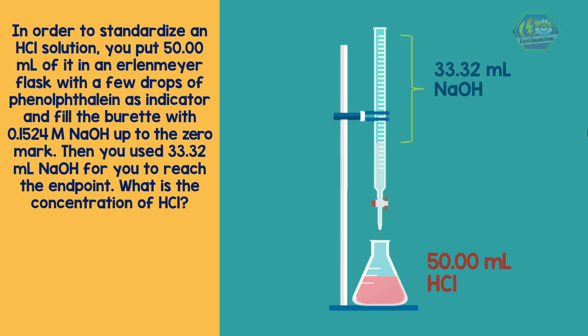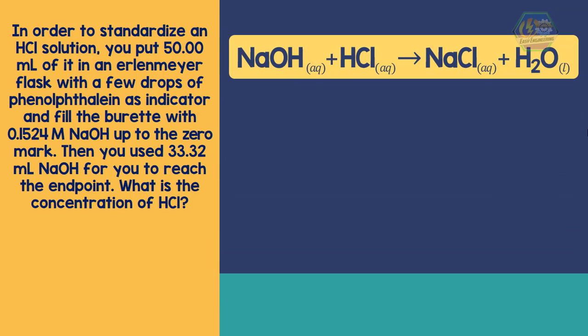First, we need to write the balanced equation. So we have the volume used in titration, which is 33.32 ml. We then find the moles of sodium hydroxide. So we have